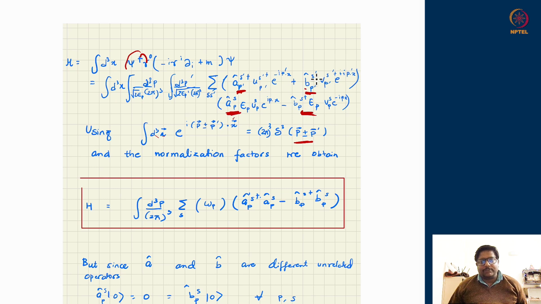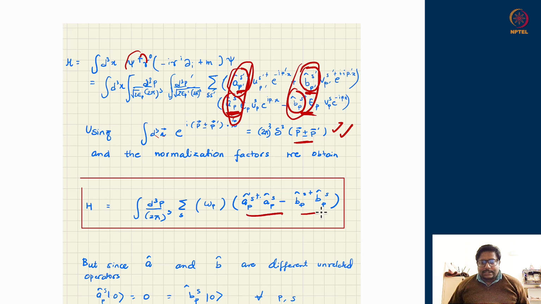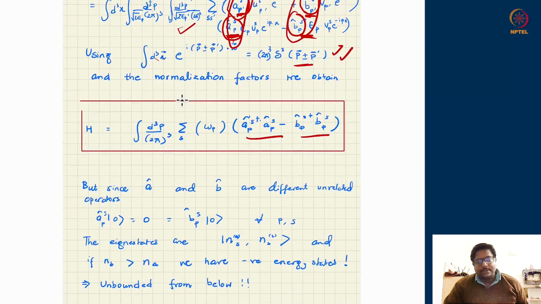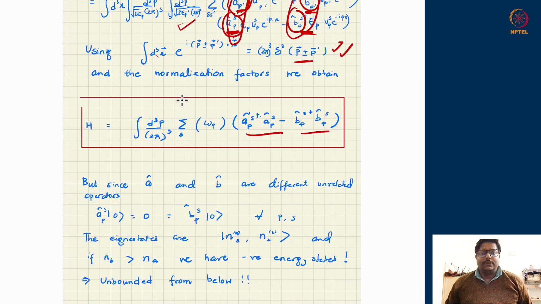You will see the cross terms will vanish under this. There will be no term where this A and B are multiplied versus this and this multiplied. Once you make use of the Dirac delta function integration, all the cross terms will get cancelled. All that will survive will be this term with this and this term with that. So as a simple exercise, you will get this structure: a dagger a and b dagger b. S takes plus half and minus half value, and p is the integral you will be left with. One of the momentum integrations has been taken care of by the delta function, but you will be left with one of the integrations at hand.